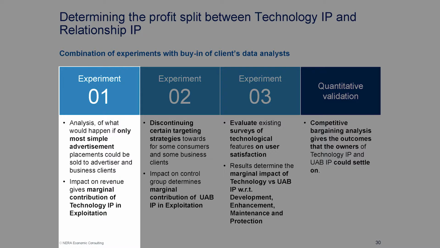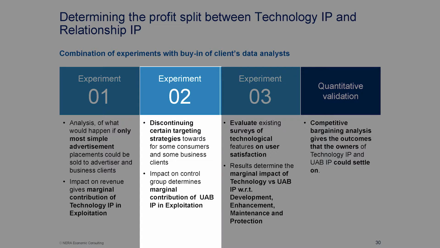So if you were less targeted in approaching certain users, you do not apply the maximum know-how you have in one sector. They do these kinds of experiments from time to time, and then they see, oh, this is the incremental impact. Our revenue drops by so much per user, for example, because you get revenue only if users are interested in what you're advertising. Advertising becomes less targeted, revenue drops down. From this you can derive what's the marginal impact of technology.